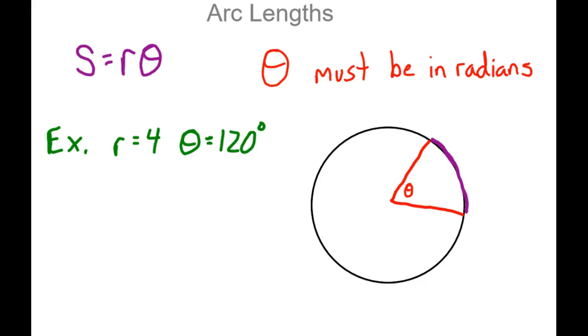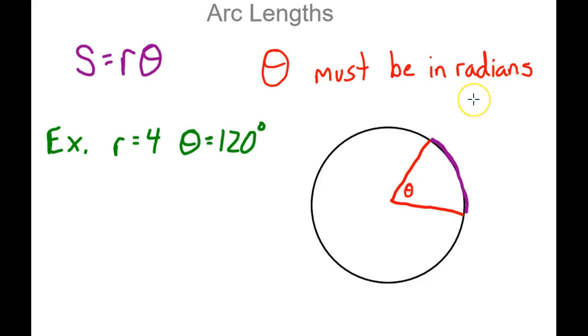So now we'll go through an example of finding the arc length. Suppose the radius of the circle is 4 units and theta is 120 degrees. So now we just got to plug values into our formula to solve for S. Before we can use the formula, we have to convert our angle measure into radians, because that's the condition